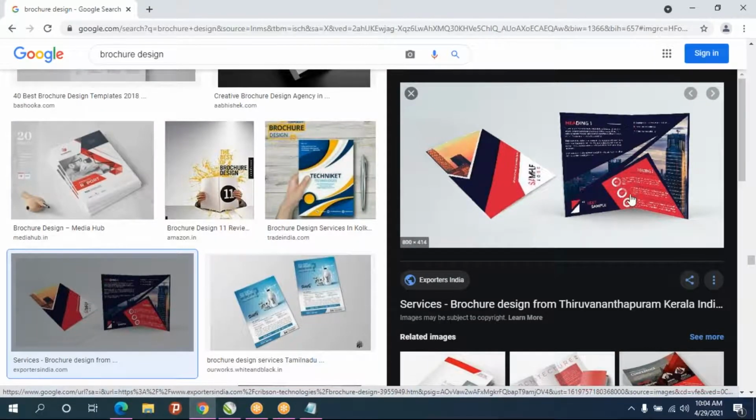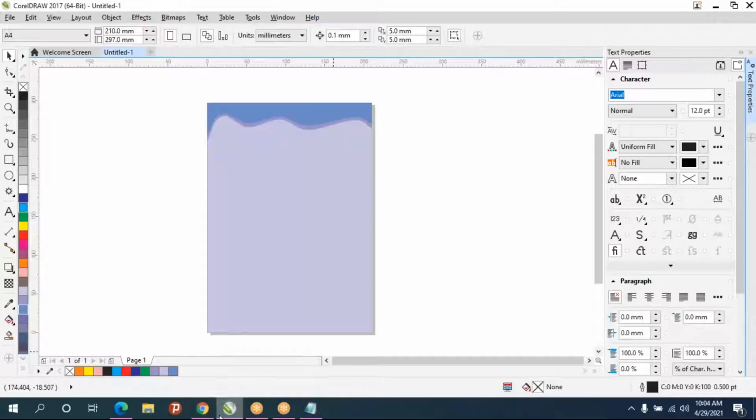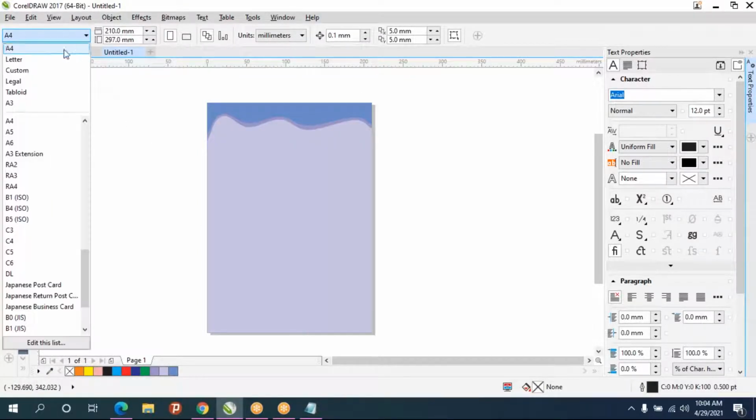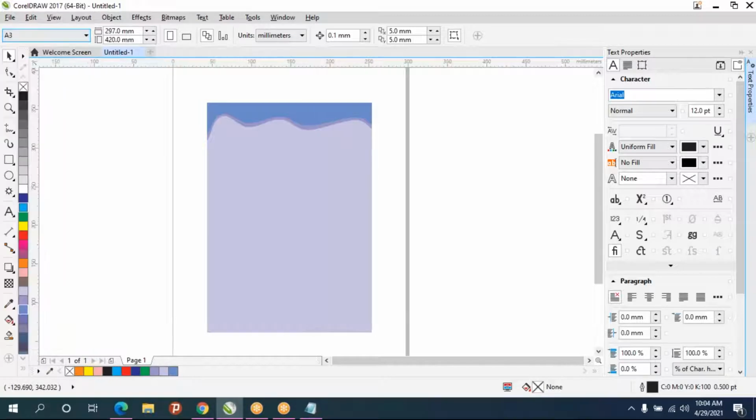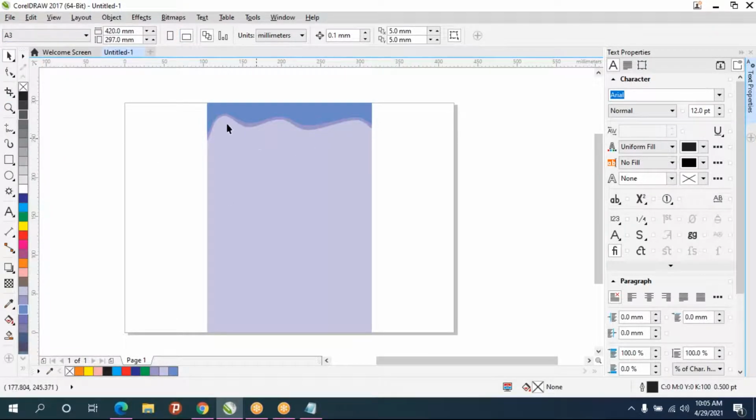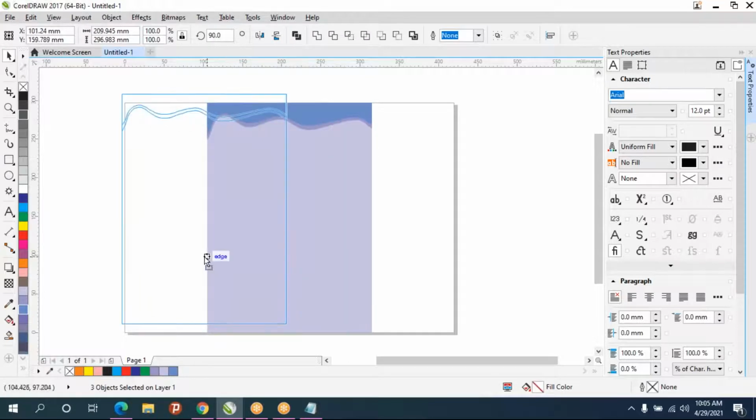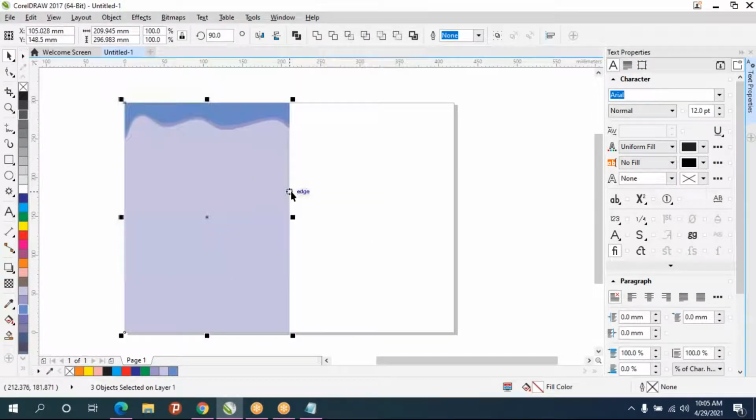So you can't design only one page. You have to design both pages at the same time. So what you have to do, click outside, take paper size as A3 and put it in landscape mode and divide into half. So this is half of the page and this is half of the page.